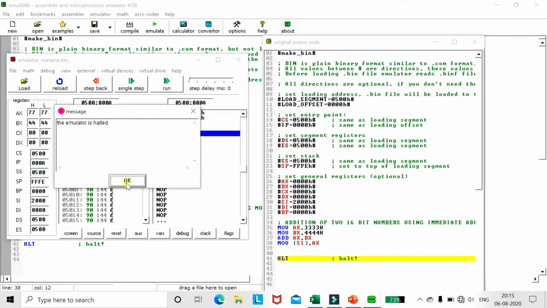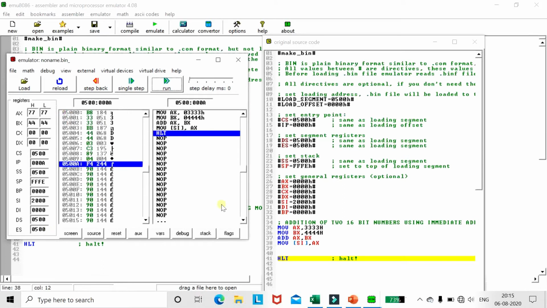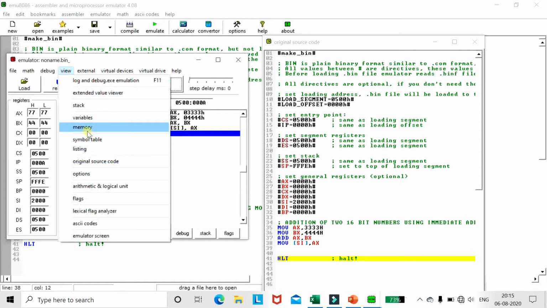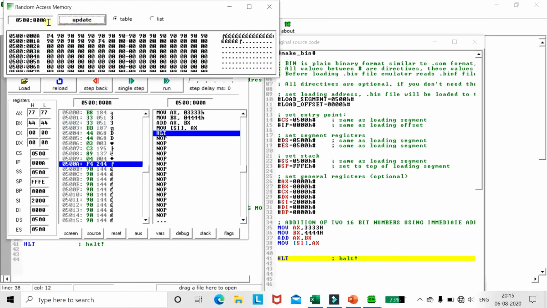Then we will stop the code. Okay, so this is done. Now you can see that the result of the operation is present in the AX register. Along with it, we have transferred the result to memory location 2000 by the SI register. For it, just click on the View option, click on Memory. Here we will update the location with 2000 and click on update.